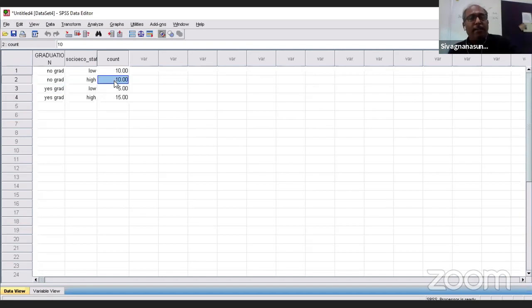This is 5. No graduation, high economic status is 5. And then yes graduation, low economic status is